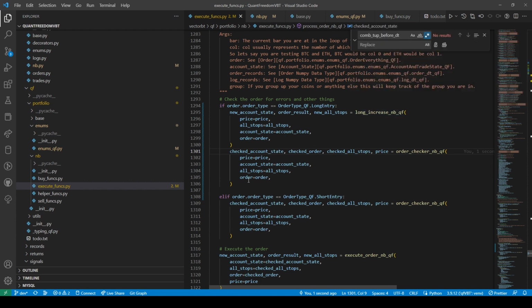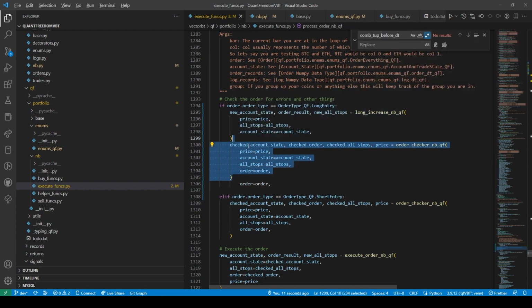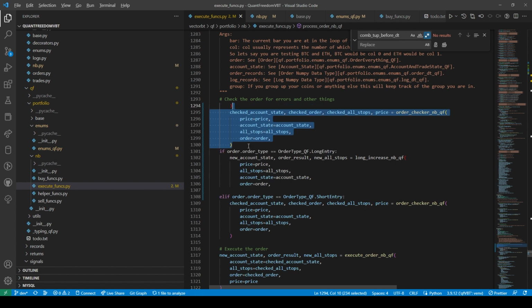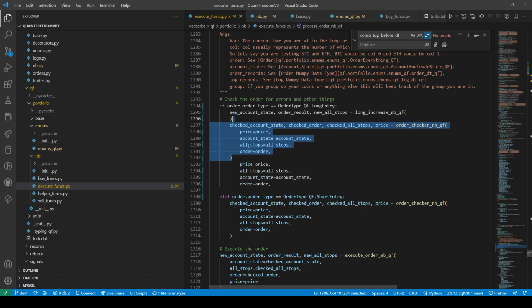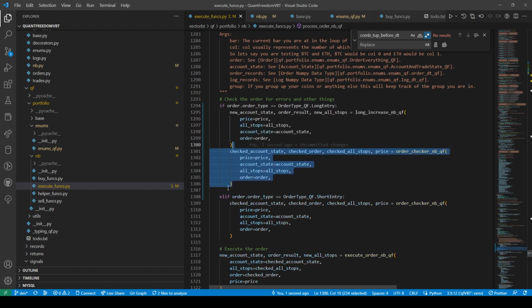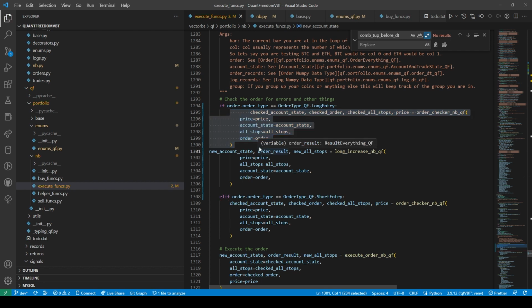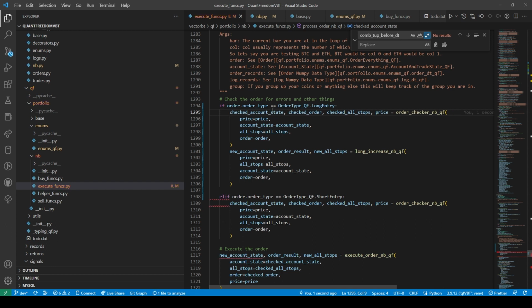Then, oh no, check the order. So if it's a long entry, you do all of this stuff. If it's a short entry,